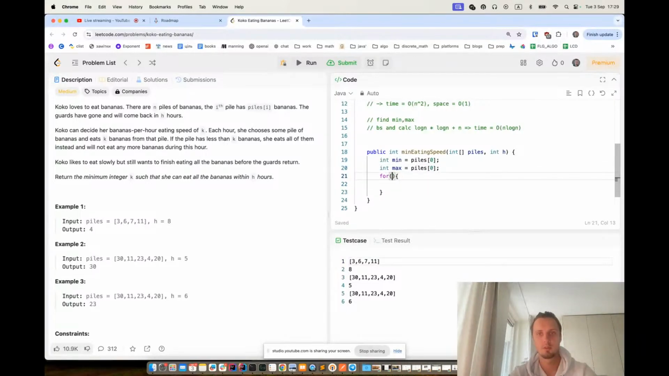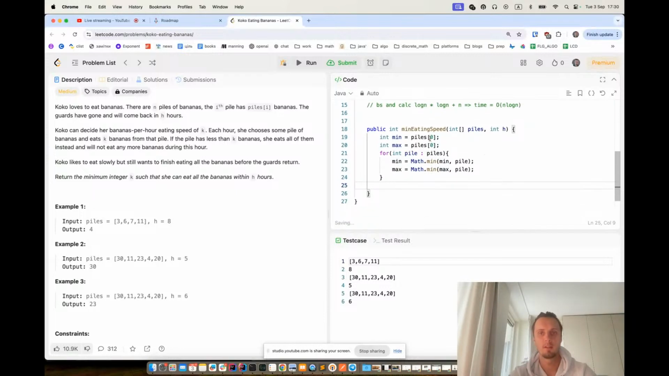So I'm going by each pile, and here min would be math min of min and pile, and here max would be max of max and pile. All right, and here now I'm